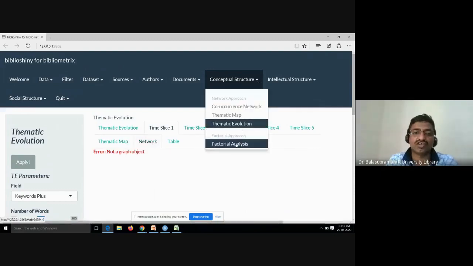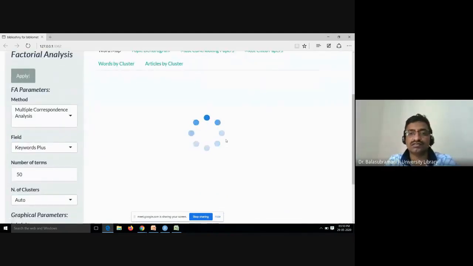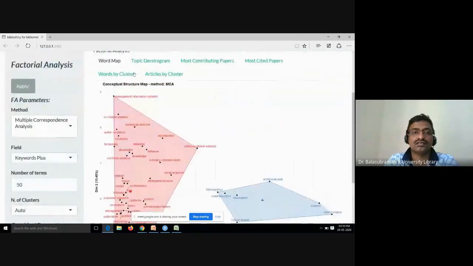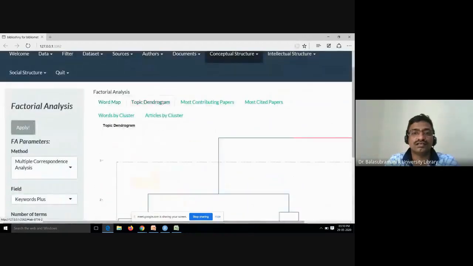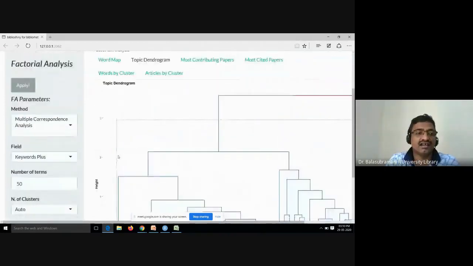Then factor analysis also you can do. Here you can see the structure, tree structure, word-wise, keyword-wise.